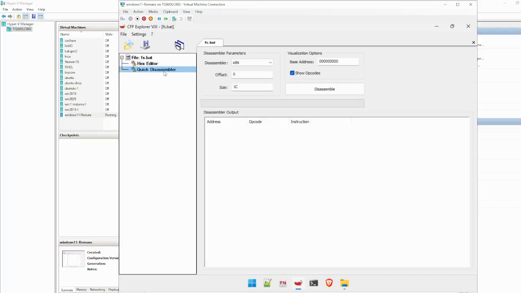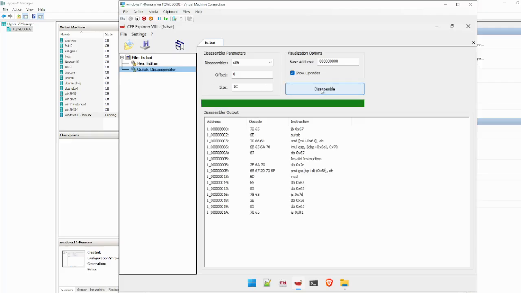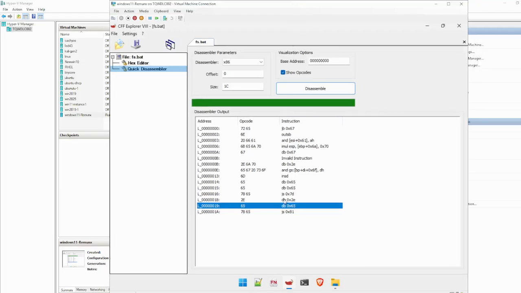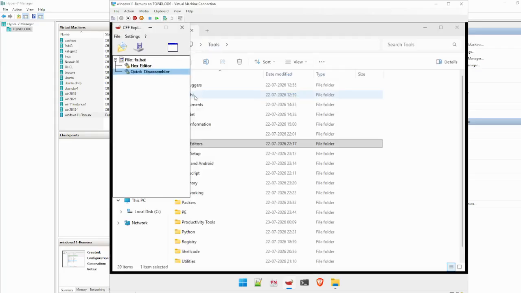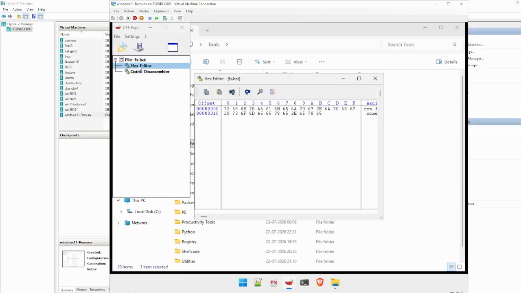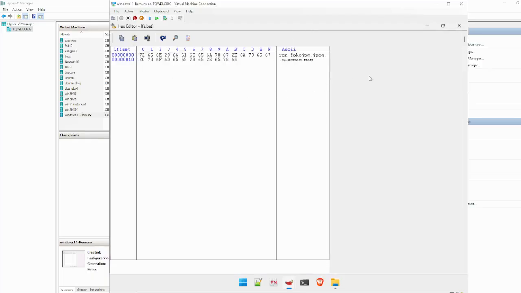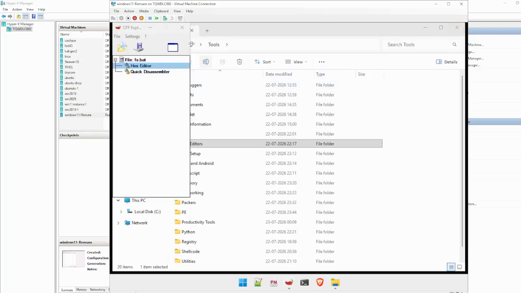Okay, quick disassembler. This is how it will be run in the processor. These are the instructions that are sent to the processor to execute. You don't have to know this, because if I start telling you, you will get worried about what all you have to learn. Okay, so let me close this.